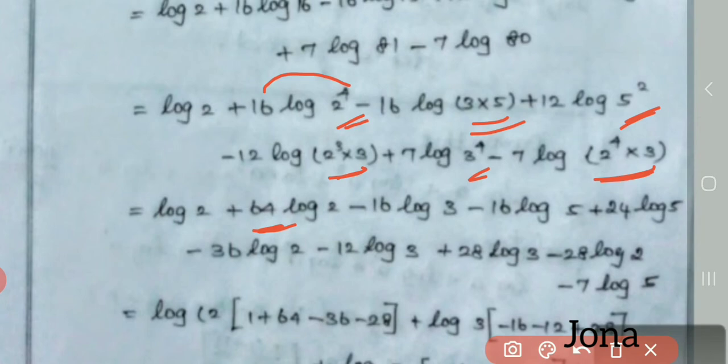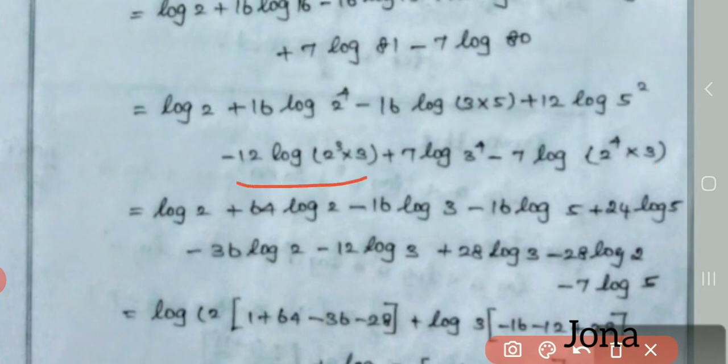And here I want to separate these things. So log 3 plus log 5 will be there. Here I have one minus symbol, so you have to multiply with that. So I can have minus 16 log 3 minus 16 log 5. Okay, and here I want to multiply with these two. So I can have 24 log 5. And then here I want to split this thing.